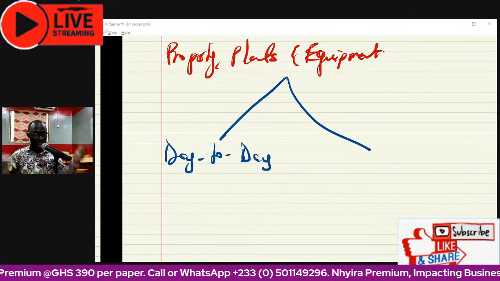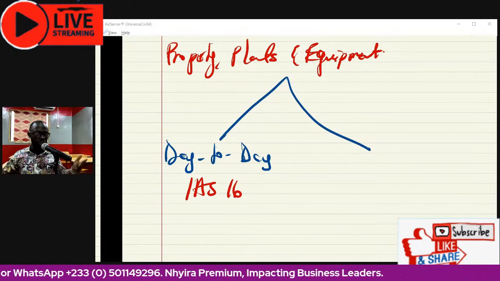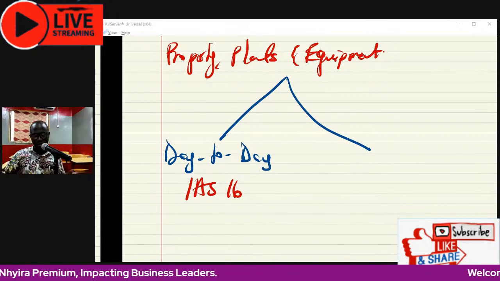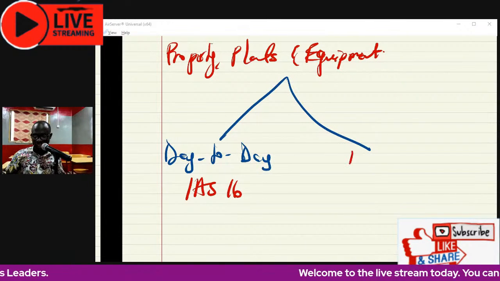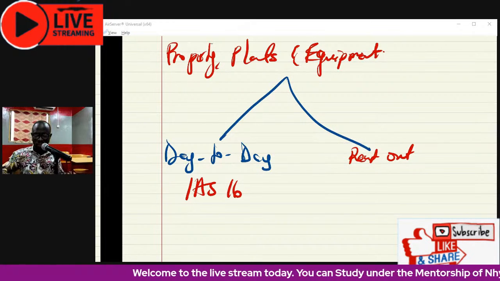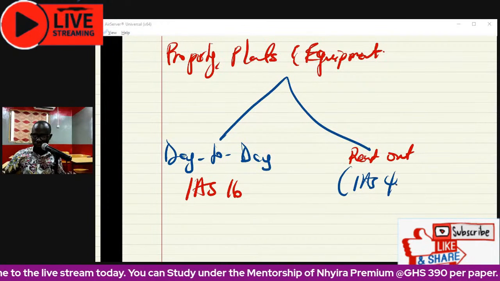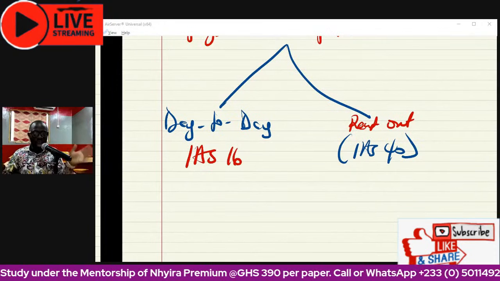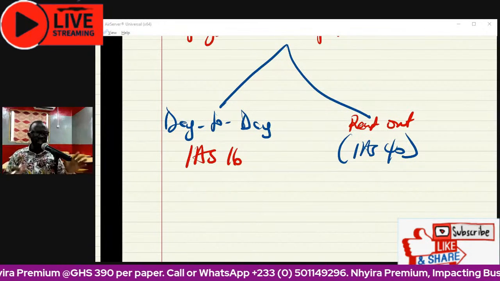Then the entity accounts for this asset in accordance with IAS 16, Property, Plant and Equipment. But if the entity decides to lease the asset out, or rent it out, then the entity accounts for the asset in accordance with IAS 40, Investment Property. But the question we ask ourselves all the time is, what is the tax effect